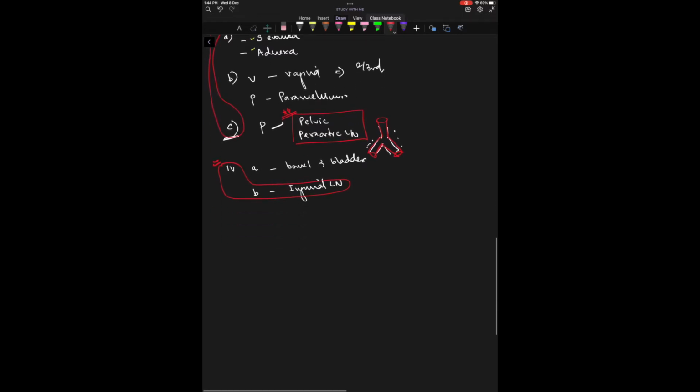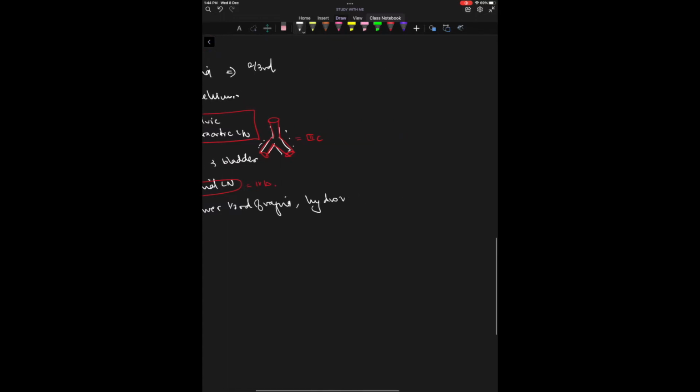Okay, so this is 3C and this is 4B. This is very important. Also, stage 4 involves the pelvic wall and the things that we left out in the upper stages, that is the lower 1/3 of the vagina. And hydronephrosis, if you see the buzzword in the question, then it indicates stage 4 of endometrial cancer.